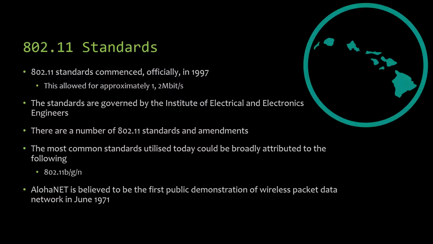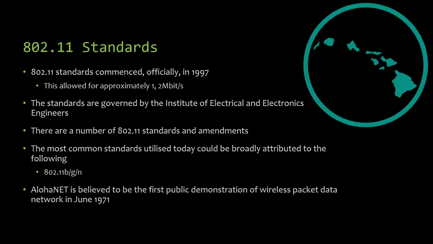Now, the most common standards these days, up until maybe a couple of years ago, were B, G and N, but 802.11 AC is starting to become more available, and the fundamental difference between these standards really is the distance in which they operate, the megahertz or frequency range in which they are capable of communicating on, and the amount of throughput of data that they are capable of sending